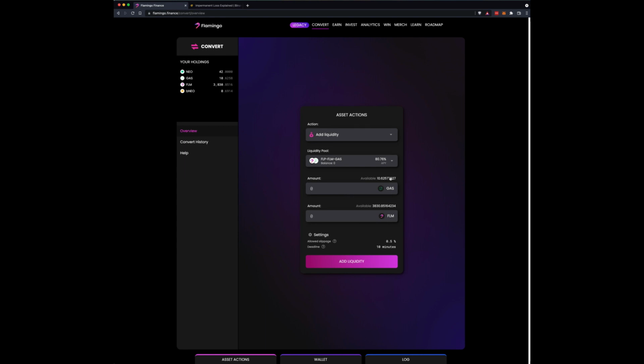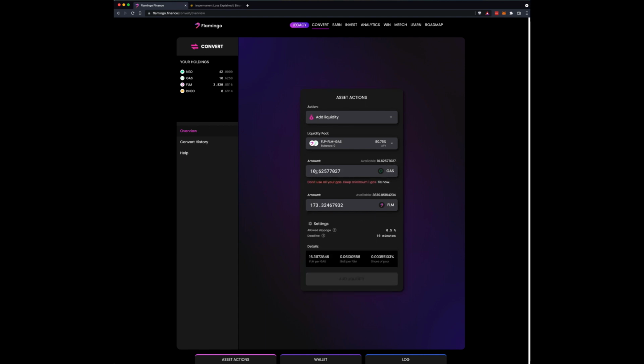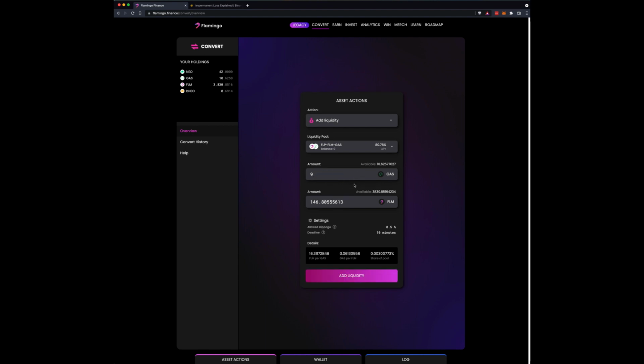I have 10 Gas available to me, so I'm going to click that, and I need to keep some Gas so that I can do other transactions. So I am just going to stake, well, not stake, add 10 to the liquidity pool. And let's see, is that going to reflect? Okay, it's saying to at least keep 1. So we're going to go ahead and add 9, which then would change how much Flamingo is going to be